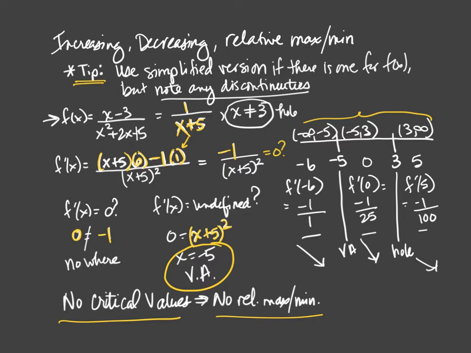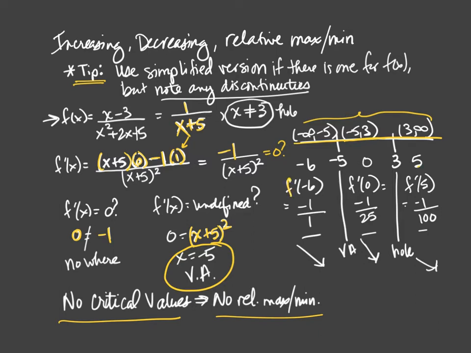So I'm still going to use this information to find where I'm increasing and decreasing. So I have our domain set up here across our top number line, right? So negative infinity to negative 5, negative 5 to 3, 3 to infinity, and then I pick some test values. So a number that lives in negative infinity to negative 5 would be a negative 6. And a number that lives in negative 5 to positive 3 is 0. That's a good candidate. And then a number that lives in 3 to infinity, I'm going to pick 5.